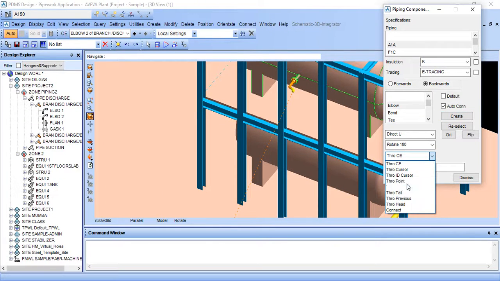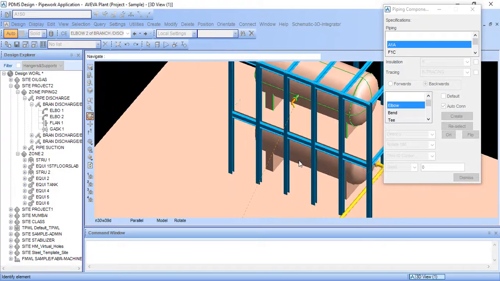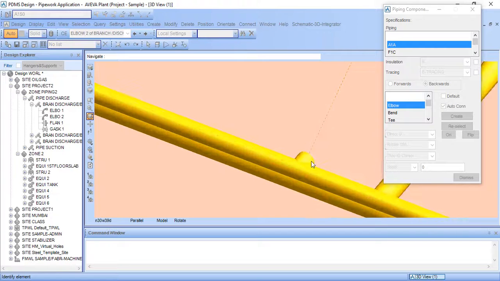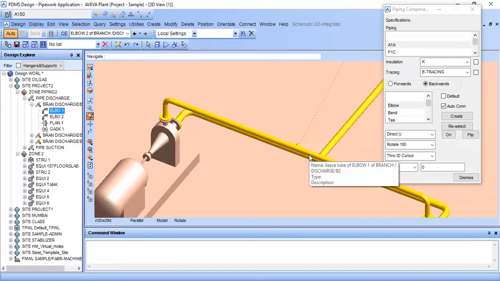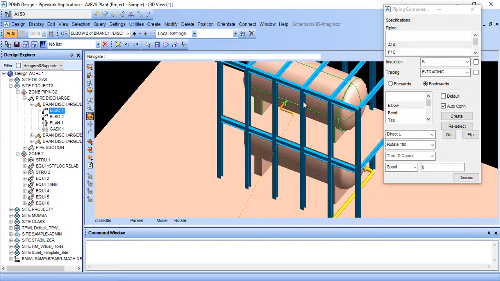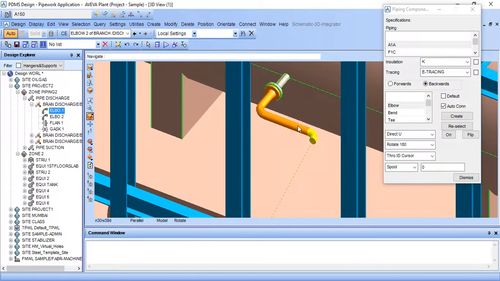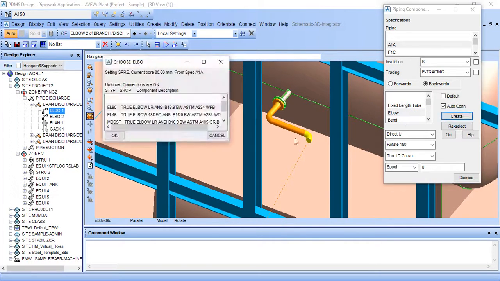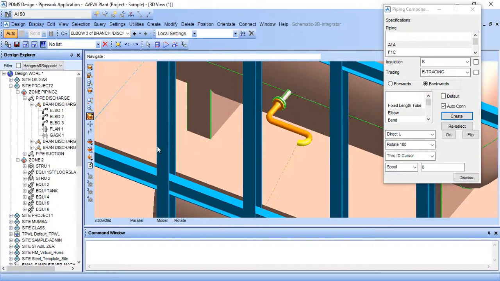I am giving through ID cursor and just go to the main head point and click this, so it will come up to this level automatically. So it has come up here, and then after one elbow 90 degrees, rotate through 90 degrees. I am giving spool 2000.